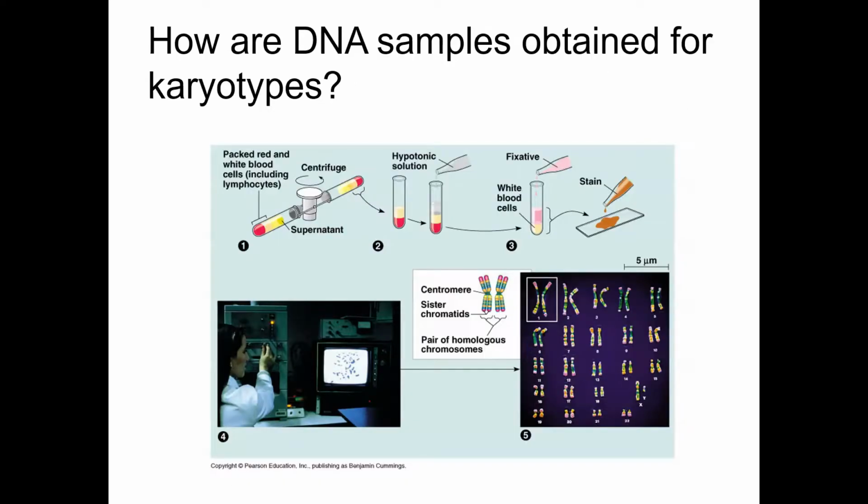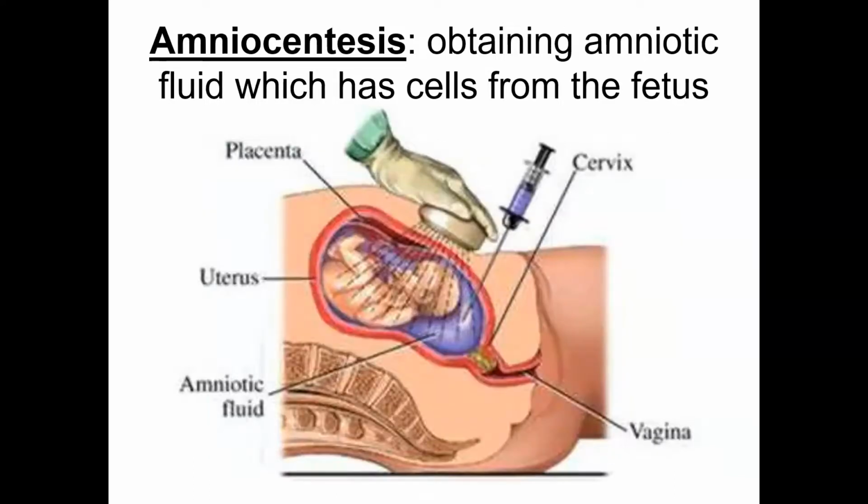Now, the way they get these DNA samples is a variety of different ways. Typically, they do what's called amniocentesis. Basically, they'll draw out amniotic fluid from around the fetus, with cells containing the fetus's DNA. They don't do this for every pregnancy, they only do this for certain pregnancies that are considered high risk for certain genetic disorders, or if you opt into it. We were given the option to opt into it, me and my wife. We decided not to because we knew the risk was low, and it's a somewhat invasive procedure, so you don't want to risk unnecessary